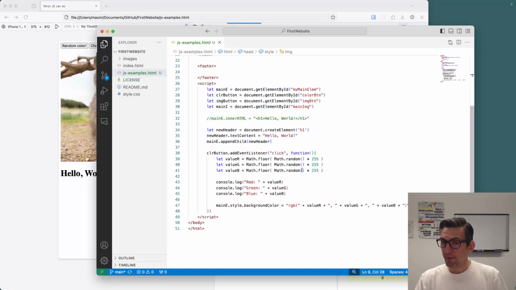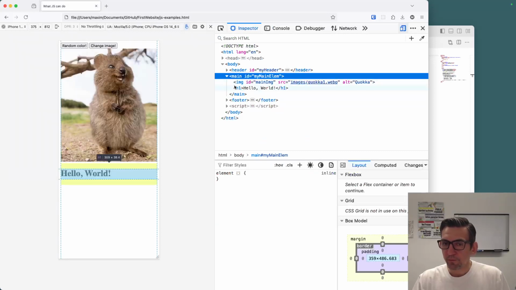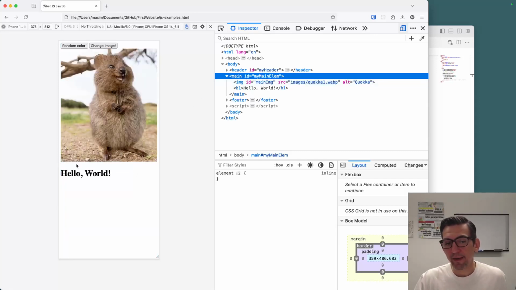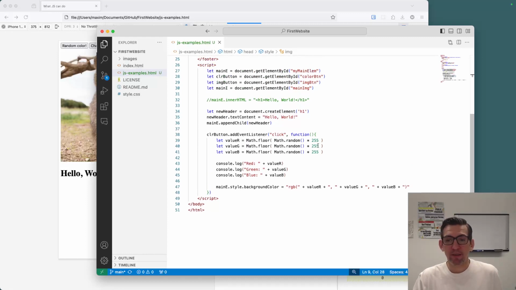Now an interesting conundrum, and see if you can pause and try to figure it out on your own. Then I'm going to show you how to first find the answer and then to apply the answer. What if I want that hello world to go above the image? What if I want to change the order of these elements? How can I do this? All right, pause, try to figure it out on your own. Google around, and I am going to show you how to find the answer